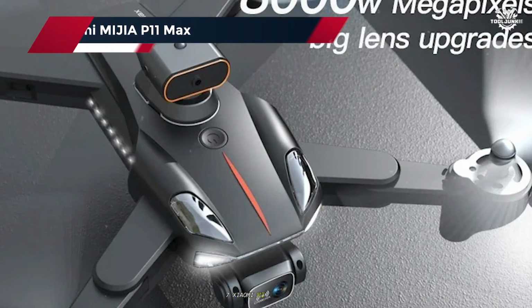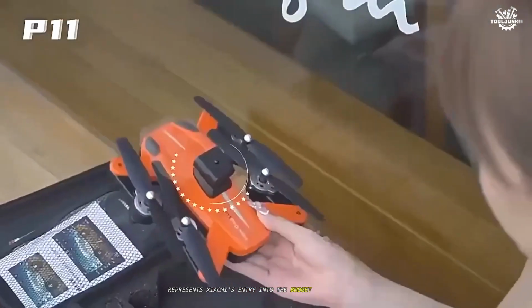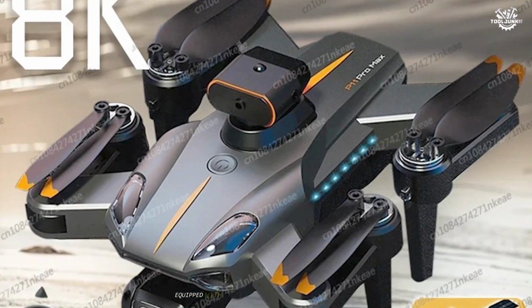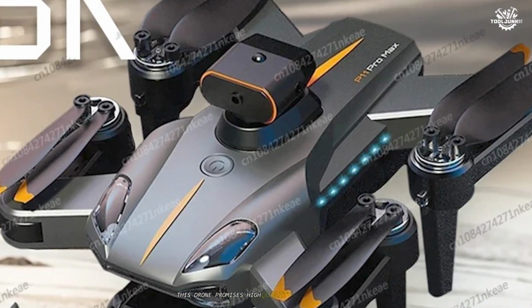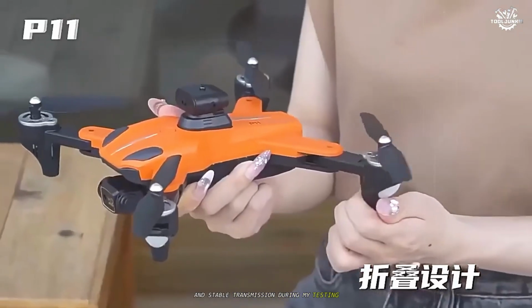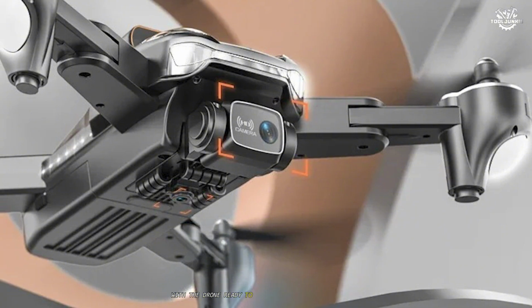7. Xiaomi Mijia P11 Max. The Mijia P11 Max represents Xiaomi's entry into the budget-friendly drone market with some impressive specs on paper. Equipped with what the company calls an 8K HD camera and 5G connectivity, this drone promises high-quality aerial photography and stable transmission. During my testing, I found the setup process relatively straightforward, with the drone ready to fly within minutes